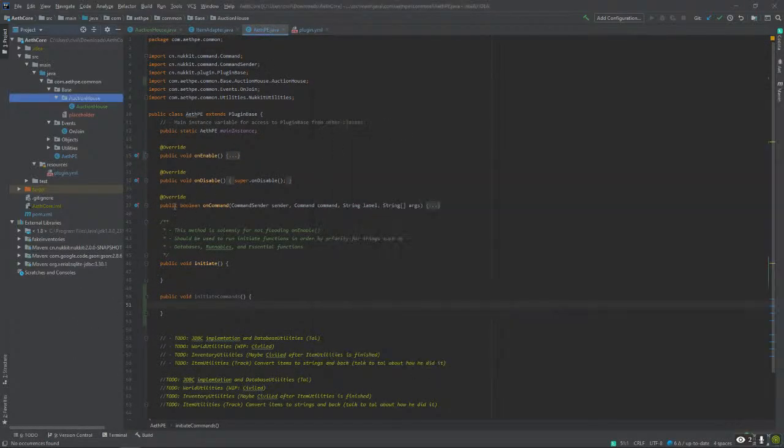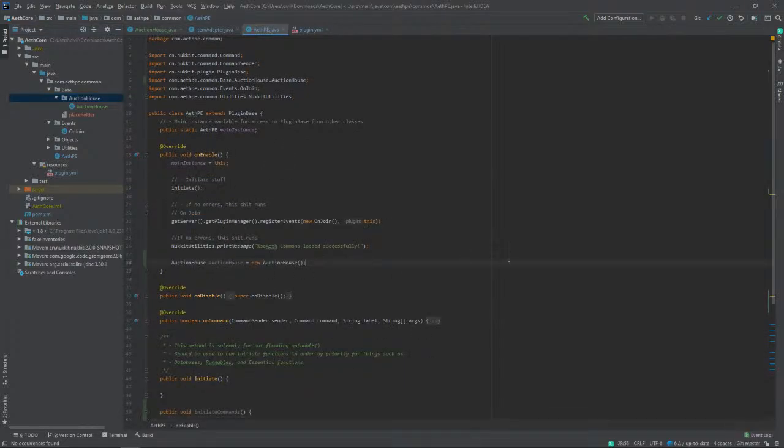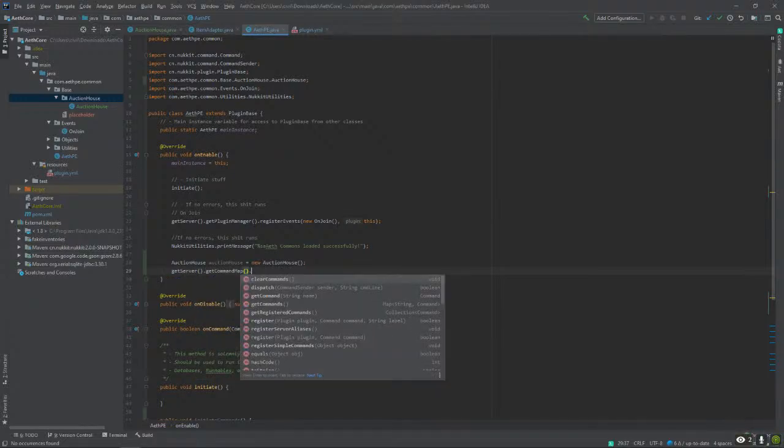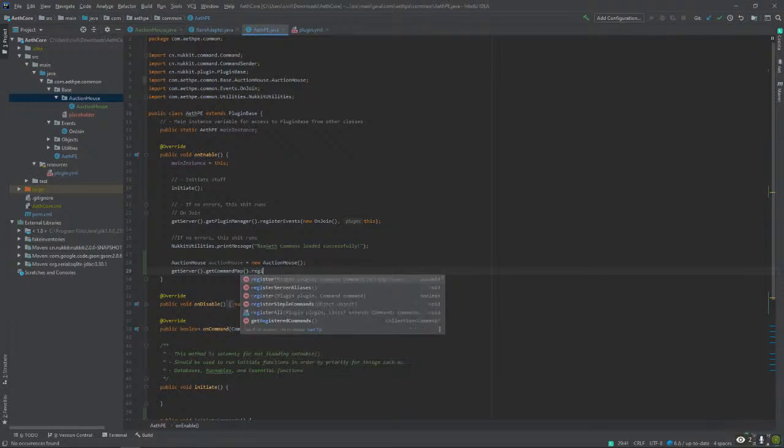Get server, get command map. I have never used it this way. Get server dot get command map dot register.